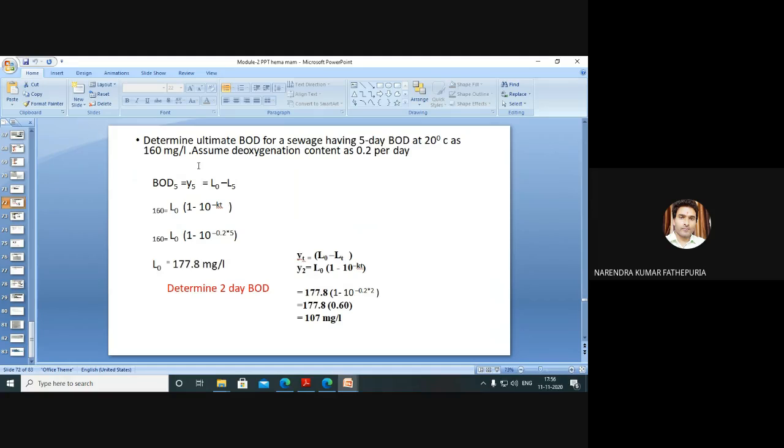This is one equation. This one numerical is given. Determine the ultimate BOD for a sewage having 5 days BOD at 20 degrees Celsius as 160 mg per liter. Assume the deoxygenation rate constant as 0.2 per day. Then you can get it like this. Use this equation